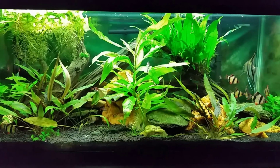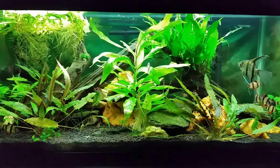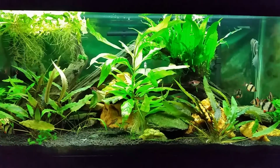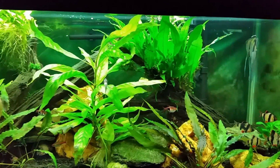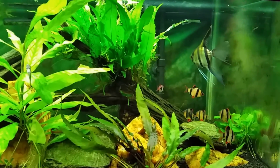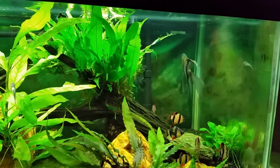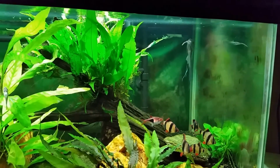Hey everybody, we're looking at my black ghost knife fish tank, and if you'll notice off to the right, there's a new inhabitant. I've got my male angelfish in here that was originally in my 29 miscellaneous. This morning I started breaking down my 20 long open top, and I moved the two angelfish that were in there into the 29 miscellaneous, and at first everything seemed okay, but within an hour or two